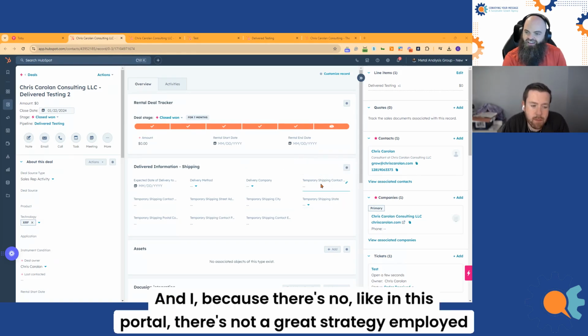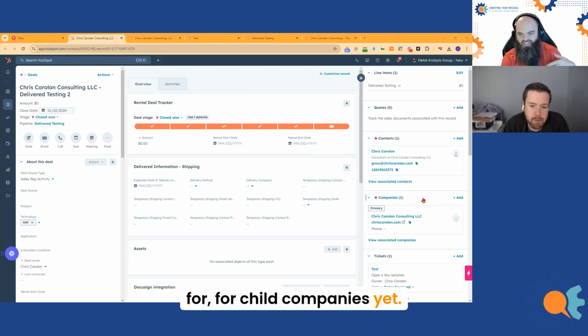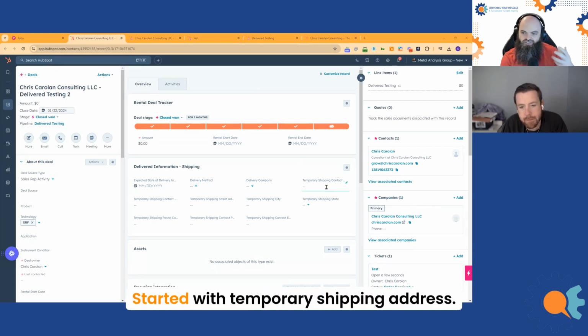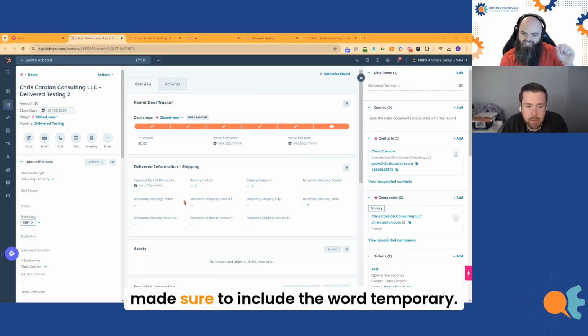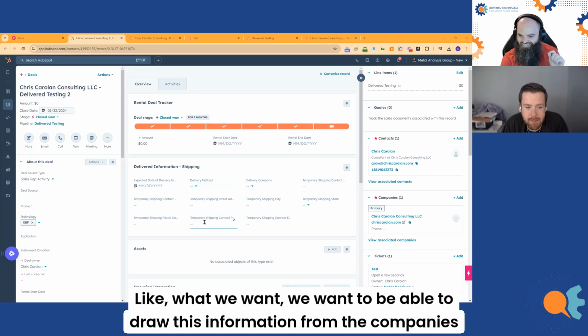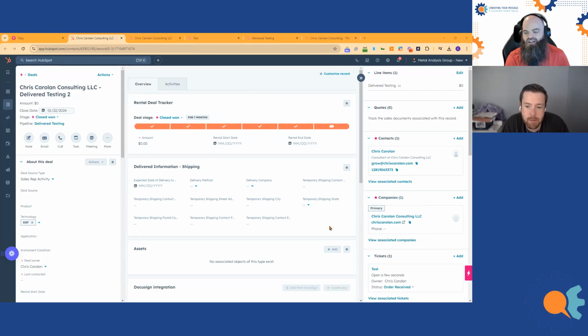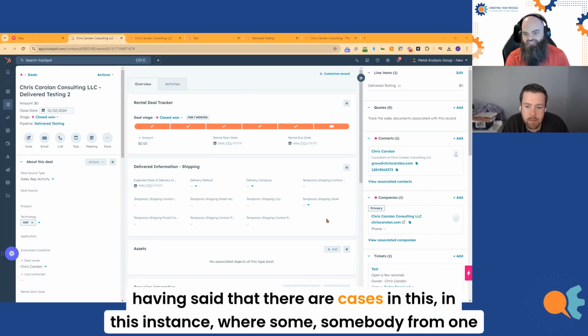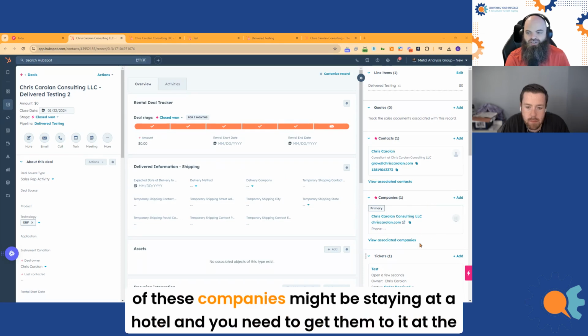Because in this portal, there's not a great strategy employed for child companies yet, I started with temporary shipping address. I made sure to include the word temporary. What we want is to be able to draw this information from the associated companies. Having said that, there are cases in this instance where somebody from one of these companies might be staying at a hotel, and you need to get them